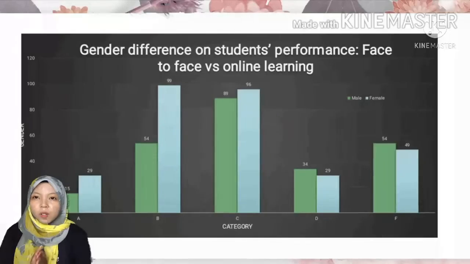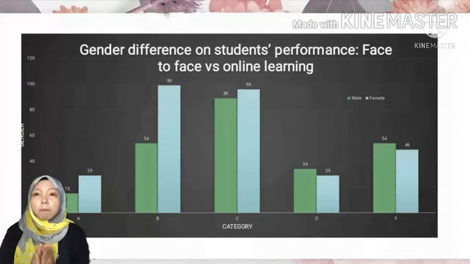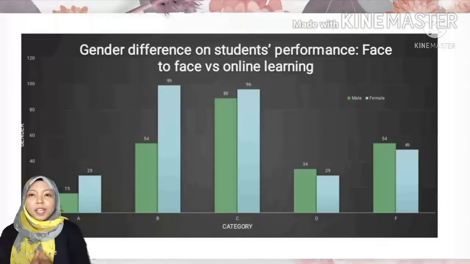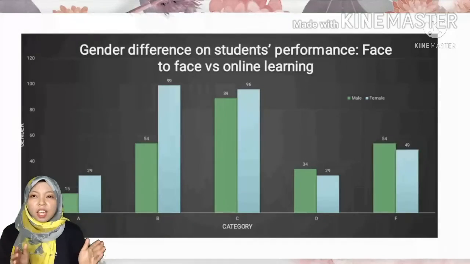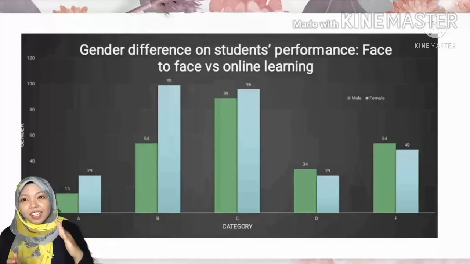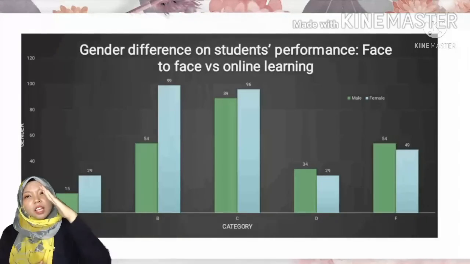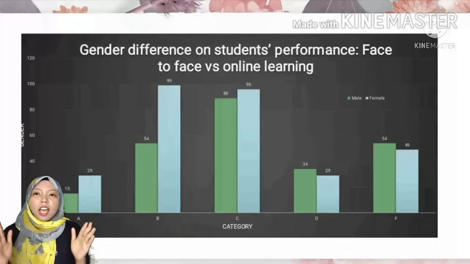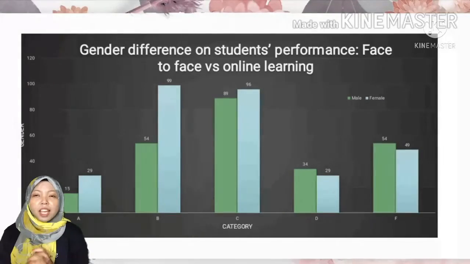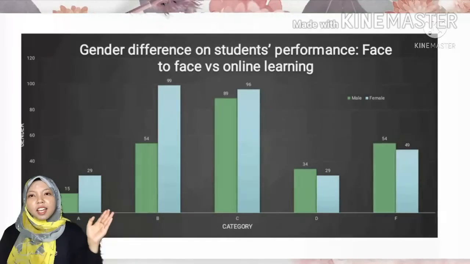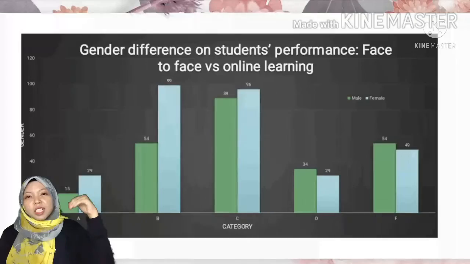Okay. Alright, I will talk about male students. Okay, male students, if you look at this graph, increase steadily from class A to class C. It means it increases slowly to reach the peak. Okay, after reaching the peak at class C, at class D the female and male students go slowly down,